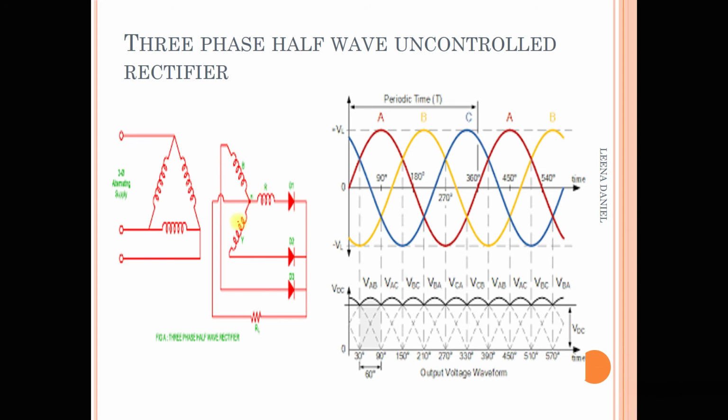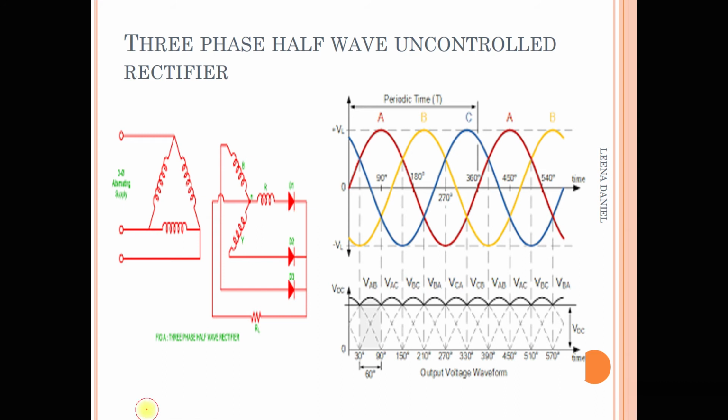Now in this rectifier, what is going on? As three diodes are connected and we are supplying the three phases to the circuit, which diode would conduct? Here the question comes, which diode would conduct? The rectifier element connected to the line at the highest instantaneous voltage can only conduct. Only the diode which is getting the highest input anode voltage across it would conduct. Okay, so let's see in this waveform.